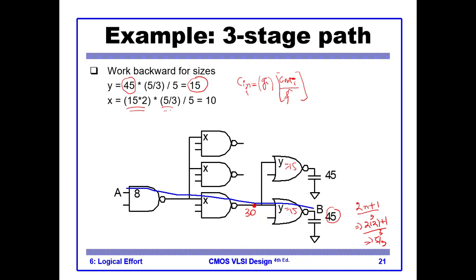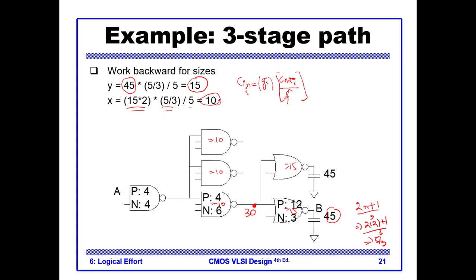You can use the formula also, and then divide by F cap, so it is 10. So this is 10, 10, 10. So now we have the sizes of all the gates, but this is not the end of the story,